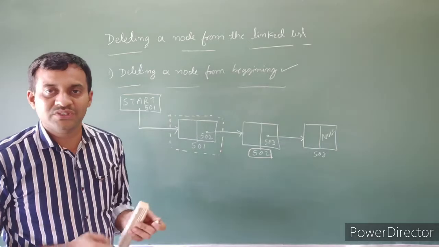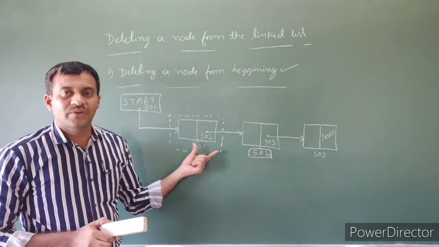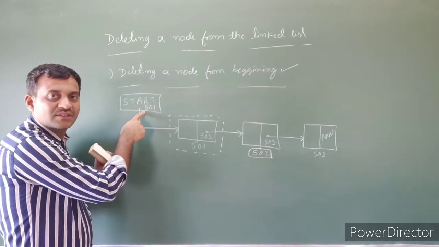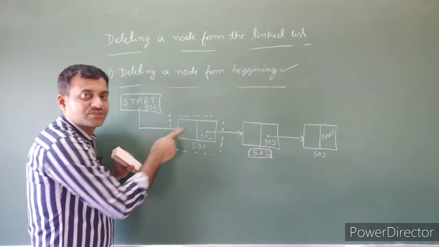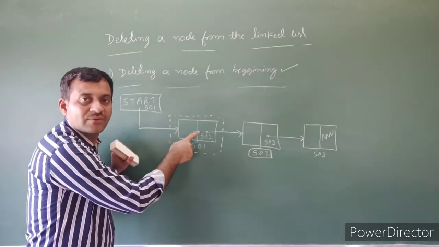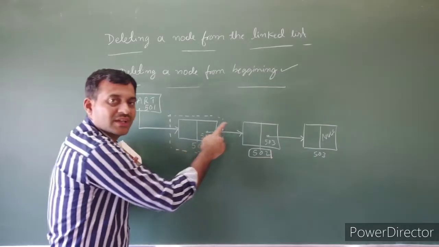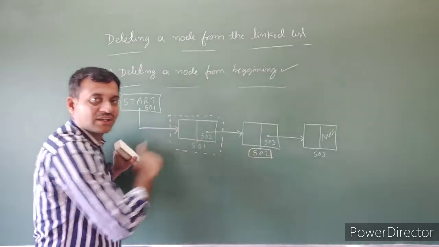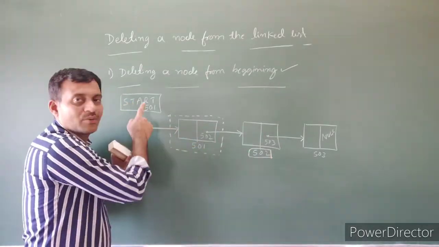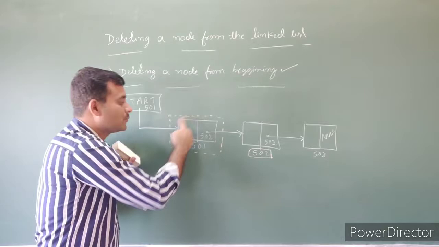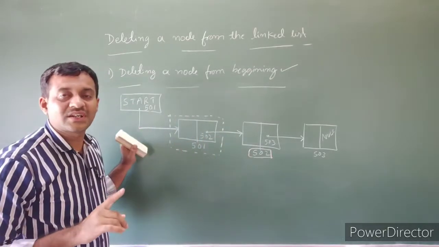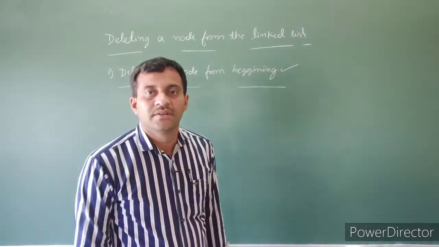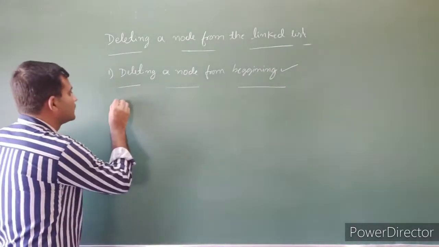So it is a simple process to remove the node from the linked list. How to remove? First, start from the linked list. The link part of the first node stores the address of the second node, and that is directly assigned to the pointer start. Then remove the first node. So these are the procedures. Let's write an algorithm for that.